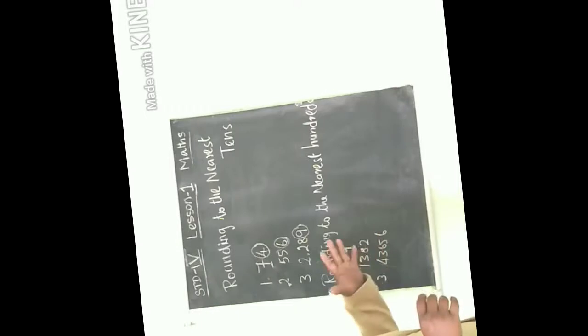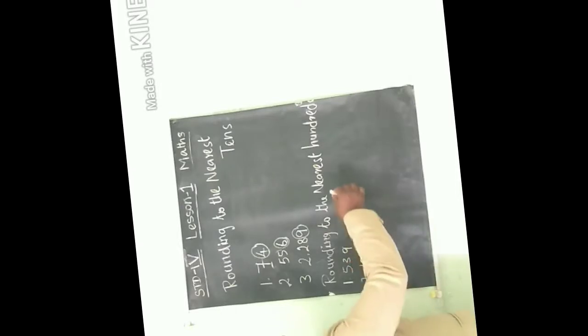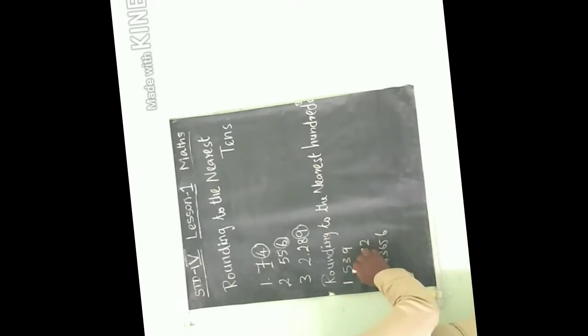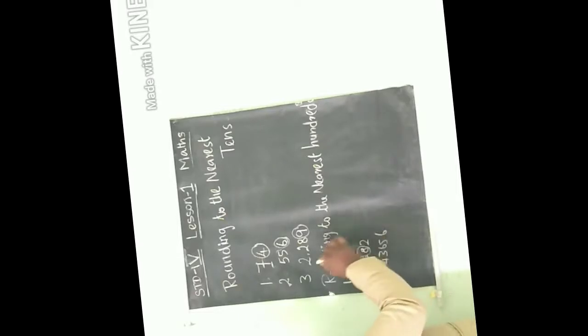Okay. Then rounding to the nearest 100. How do we find out which number we want to modify? We want to round off. This place, ones, tens, 100. So what is the nearest 100? This is the 100 place. Now we want to modify this one. This number, ones, tens, 100. This is a 100 question, but we want to modify to the nearest 100. This is the nearest 100 from left to right.